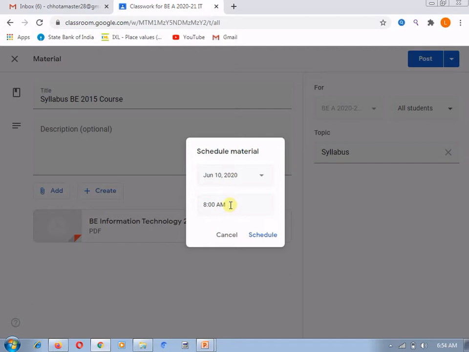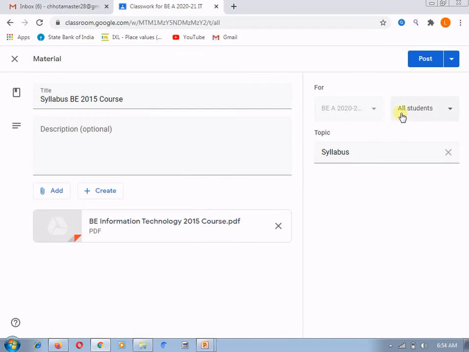If you want to schedule all these things for a particular day or time, and today you have the time to arrange all this material, you can do like that. On that particular day or time Google will help you to release all the material. So in this way you can schedule your material as well.